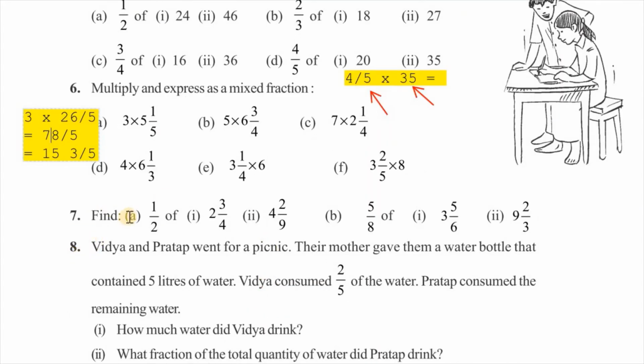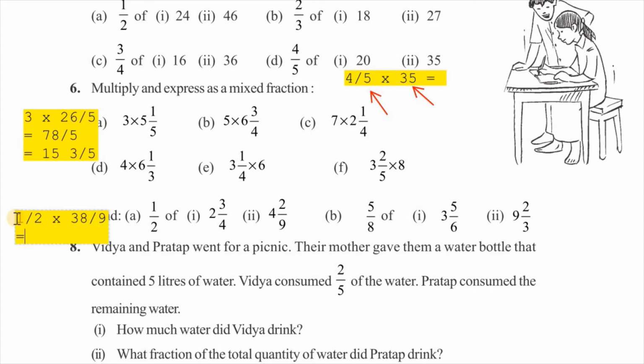Next, we have the fraction of multiplication operator. We have to find half of 2 3/4, 4 2/9. So let us try the second one. We have to find half of 4 2/9. Again, the procedure is we need to convert them into improper fractions and then multiply. What is the improper version of this? 9 4s are 36 and 36 plus 2 is 38. 38/9. So this one is going to reduce to half into